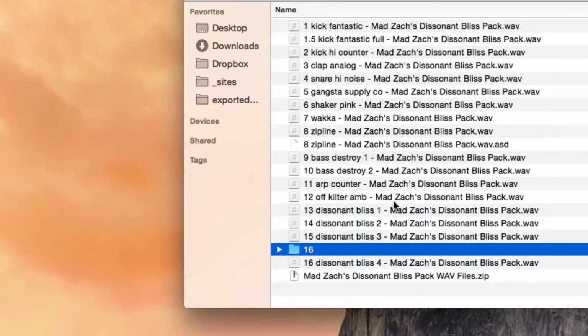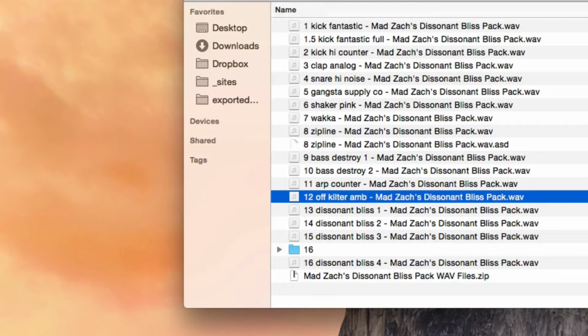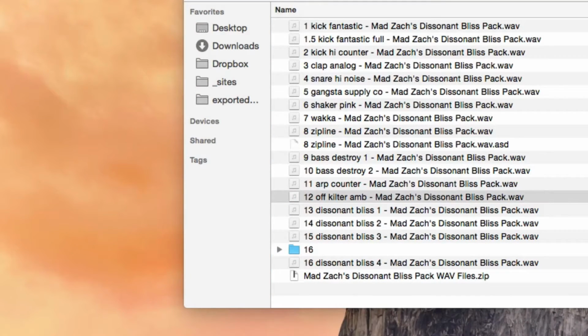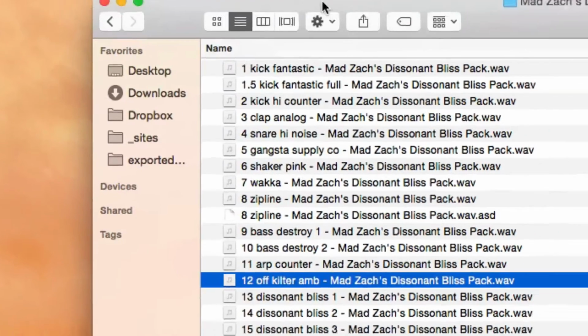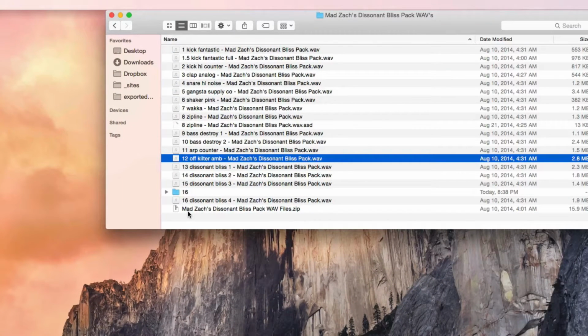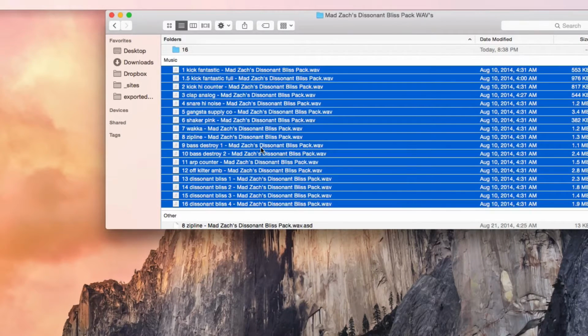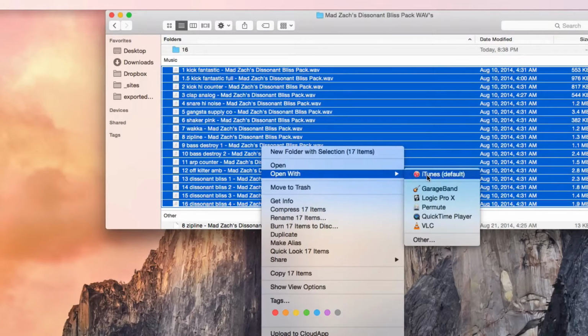Now what's going on right here is you'll notice that if I hit information, all of these tracks are 24 bits. And that's great, it's high quality and it'll be good for more professional use, but for the iPad and specifically IMPC Pro, that's going to be too high. So what I have to do is get all these waves and open them in iTunes.